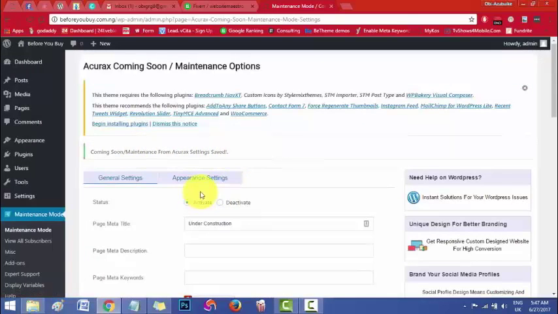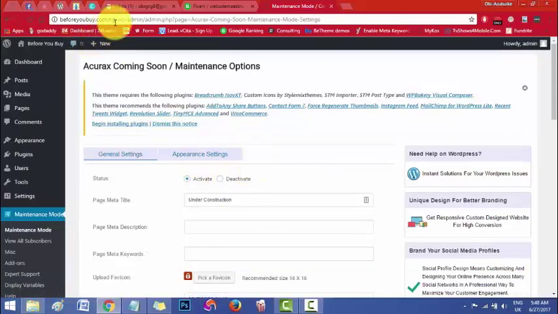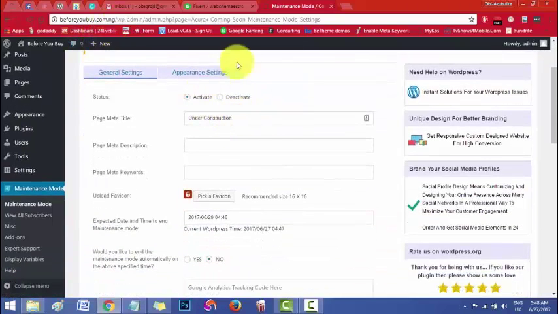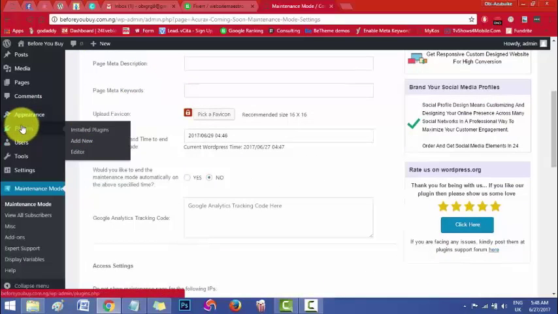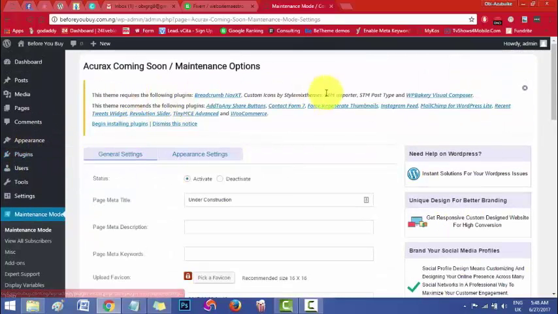It means that anybody that tries visiting beforeyoubuy.com.ng now will see nothing but a coming soon page. They will be able to see the work we are doing behind the scenes. So let's go back to start installing the plugins that come with our theme, and I'll just click on plugins. You can see there's a pop-up here for that already, so just click on begin installing plugins,